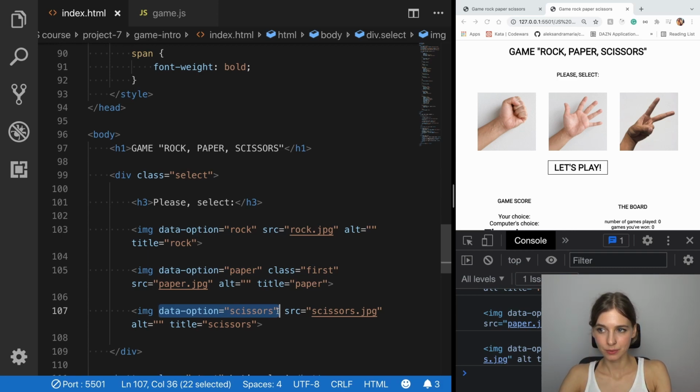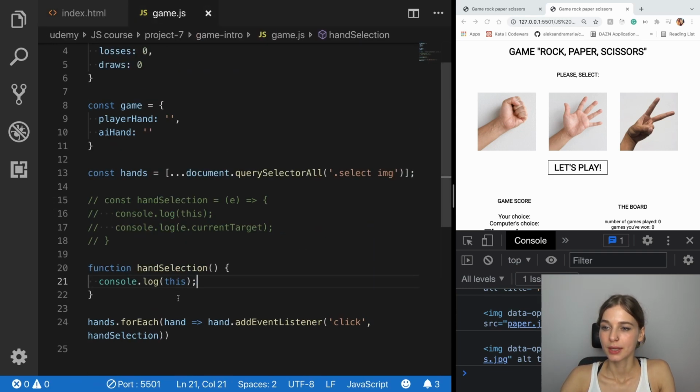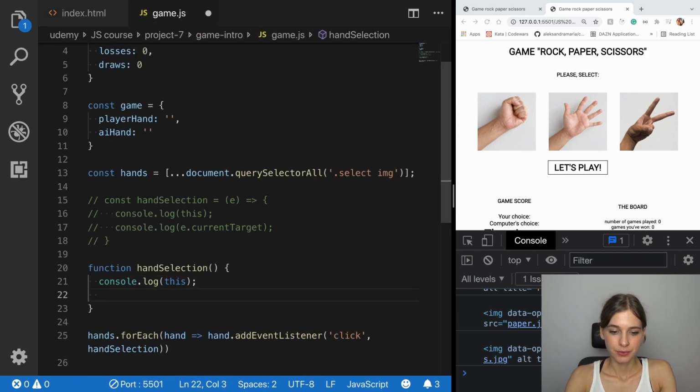And as I said, we could go with a class, but it's supposed to be used for CSS, and ID is supposed to be used to search for elements. So data option is just perfect for our use. Console like this. I'm gonna create a